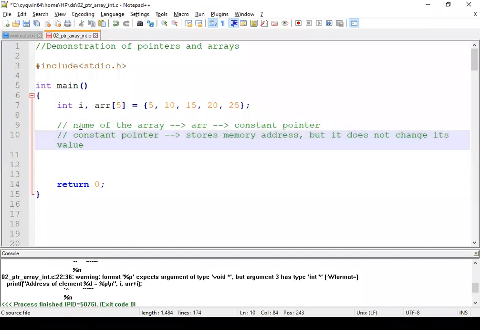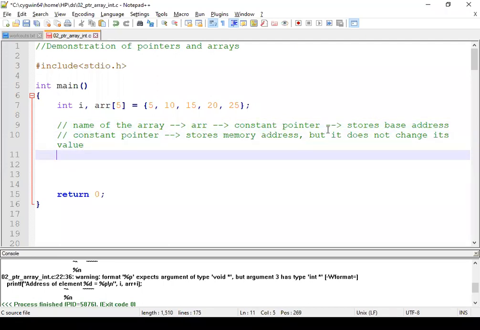Theoretically, what we mean by the name of the array, in this example ARR, is that ARR is a constant pointer. Why constant pointer? Because it stores the base address. Now we have got another term here. What do we mean by base address?